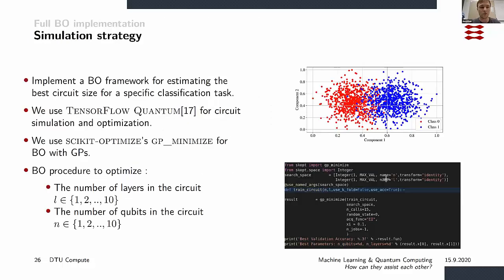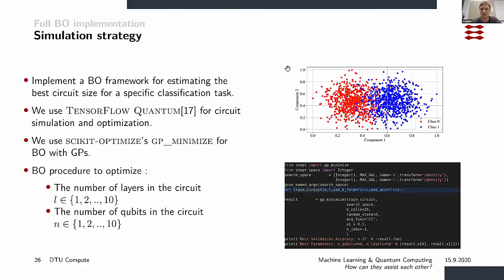So let's try to do this. Let's imagine that we have a data set which has as many dimensions as we would like. In this case, I'm only showing 2 dimensions, and then we have 2 classes right here. I know I started the entire talk by saying that classification and regression problems are not interesting for near-term quantum computers, but just play along here, because here we want to show that you can actually do Bayesian optimization regardless of the task.